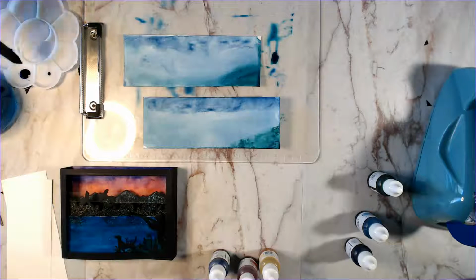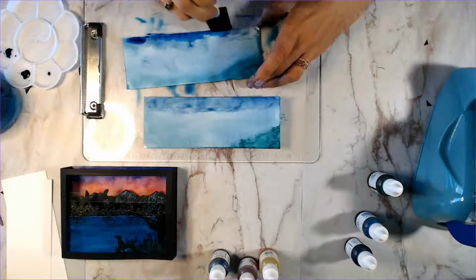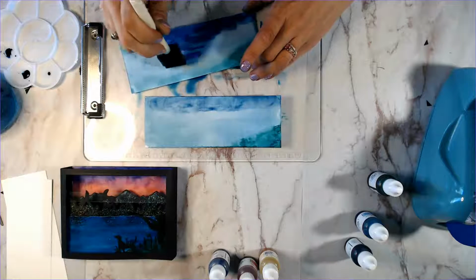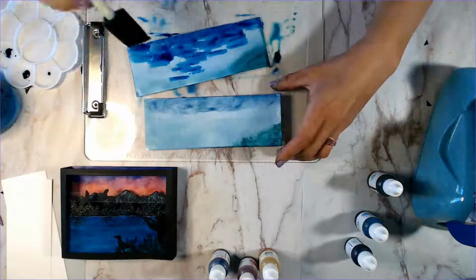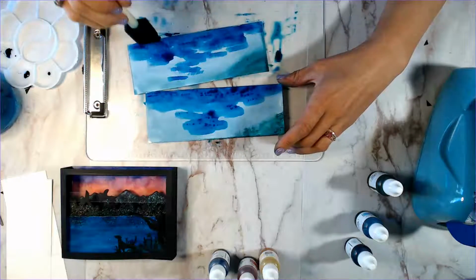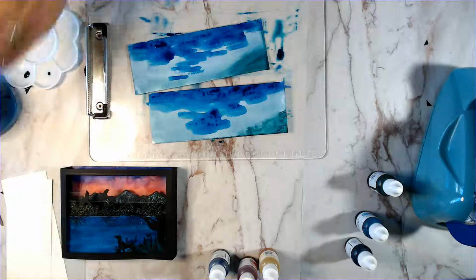Now I'm getting that beautiful cyan, and I'm gonna blot that in the background. I want it to be darker in the background. I'm also going to drop it in the water, closer to the foreground. Okay, and we can let that dry a little bit, and then we can take some water, get our brush